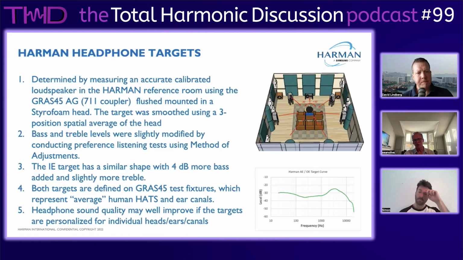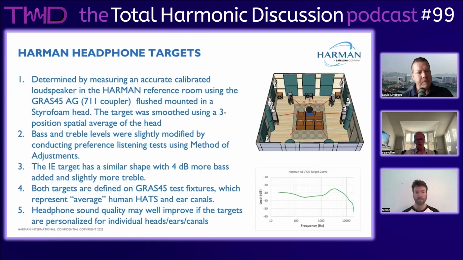Initially, we measured a stereo setup and then a 7.1, and more recently, I've measured 19 speakers in an immersive format. So we've gone from 2 to 19 speakers plus 4 subs. But we measured at the eardrum what the average response was at the listening position, and that became the baseline of what our target was. We did some spatial averaging, we did some smoothing, but essentially what we had was the in-room response of a speaker that's been calibrated in the room.